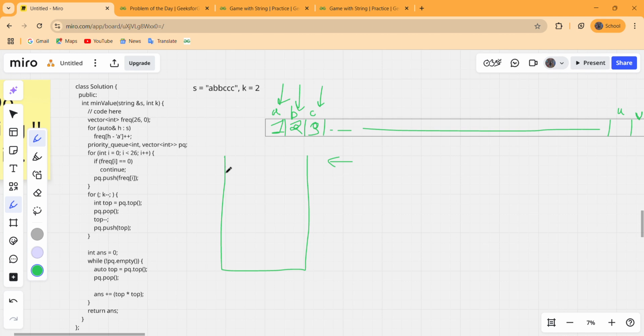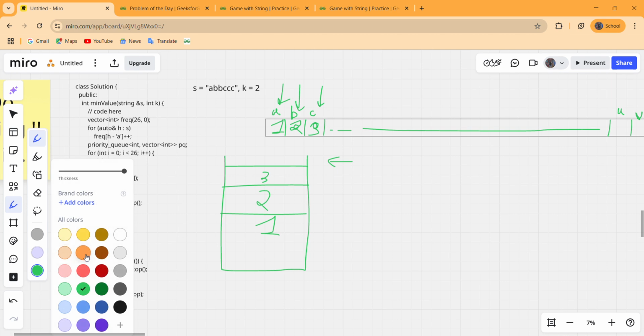So this will contain 3, 2 and 1. The structure of the priority queue will be like this. Now after doing this, we can iterate over this priority queue k times.